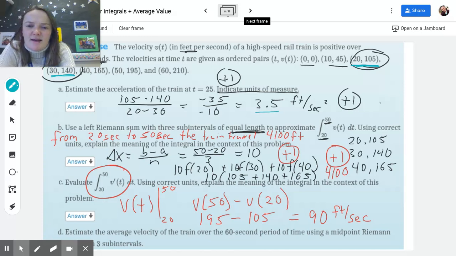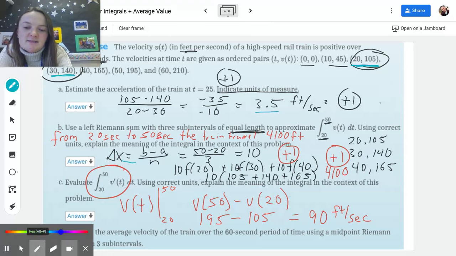Next one, it says use a left Riemann sum with 3 intervals of equal length to approximate the area under the curve between 20 and 50. That's the integral from 20 to 50 of v of t. Use correct units and explain the meaning of the integral in context. First thing you want to do is figure out your delta x. Delta x is equal to b minus a over n. Well, b minus a over n in this instance is going to be 50 minus 20 over 3,